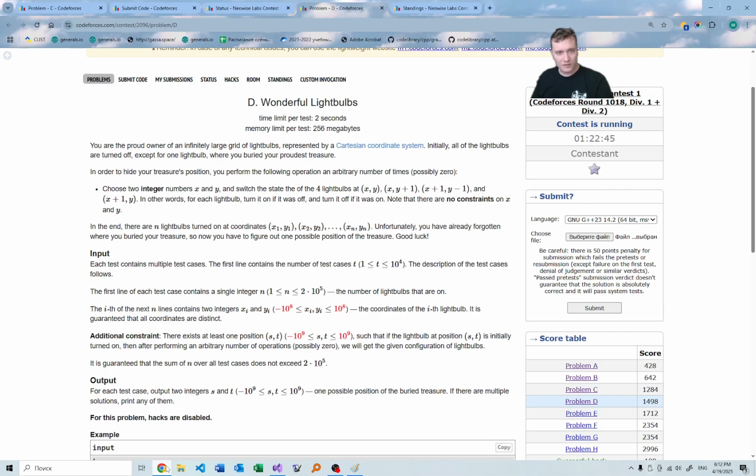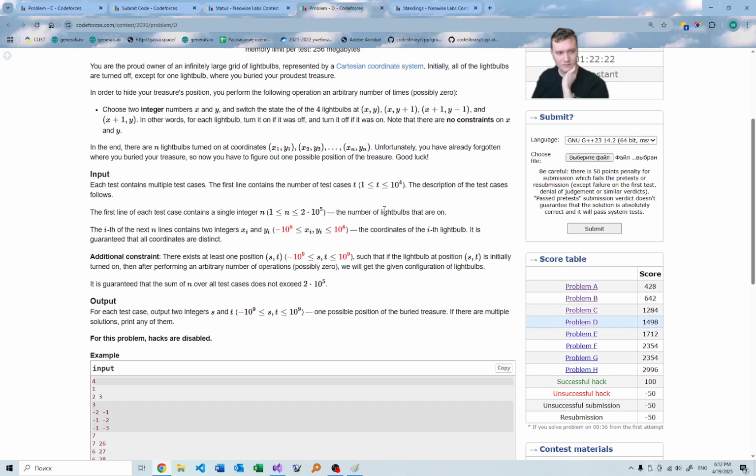In other words, we switch the state. No constraints on x and y. Then there are n light bulbs turned on at these coordinates. Unfortunately, we have already forgotten where you buried your treasure, so now we have to figure out one possible position of the treasure. Input this. Additional constraint: there exists at least one position such that,